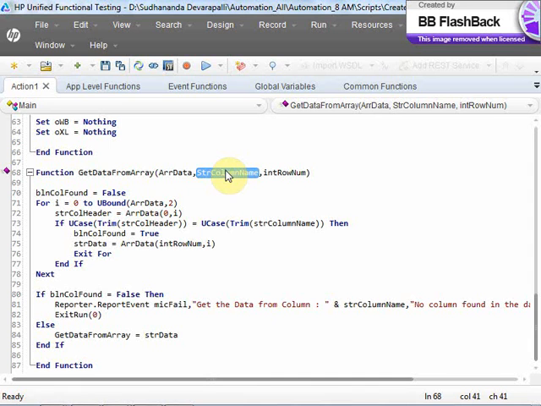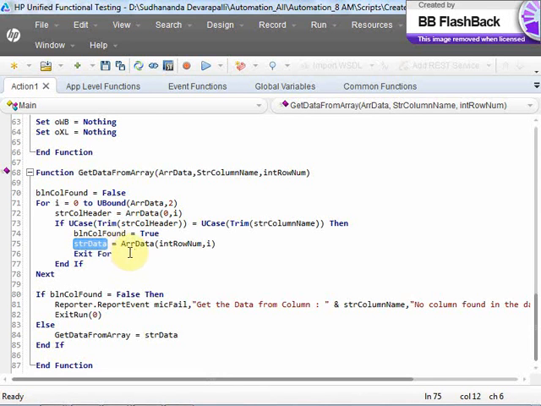The column name will be given through the function argument. Whenever I want to retrieve the data in my application, I need to provide the column header. So if the given column name matches the retrieved column header, then I'm just changing the flag variable here. We will understand that flag variable in some time. Then you say,